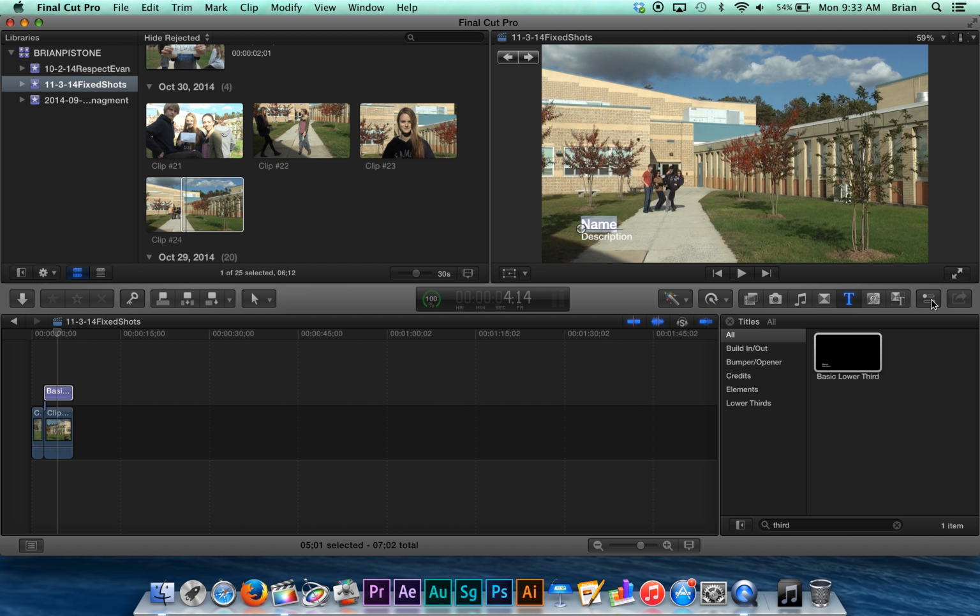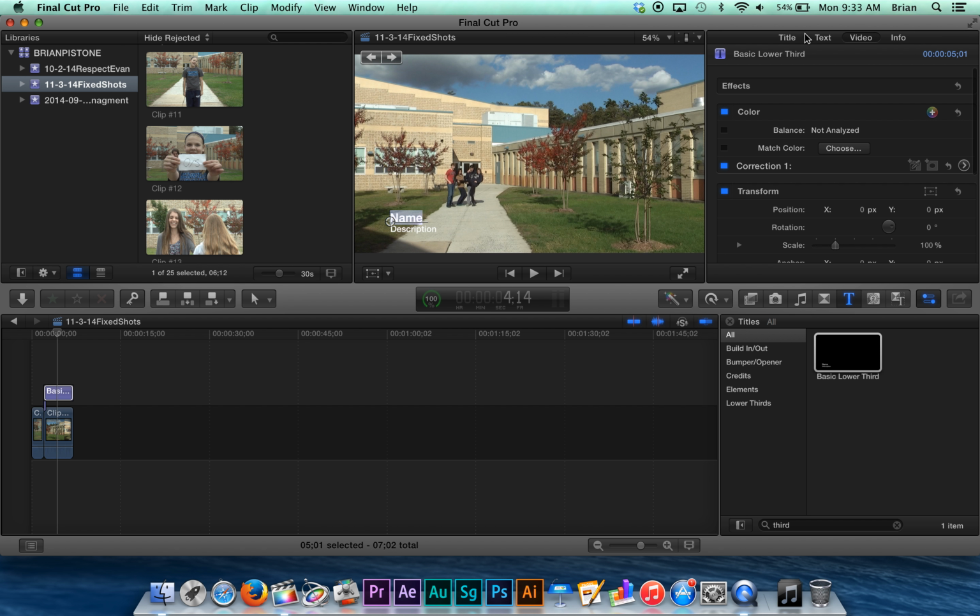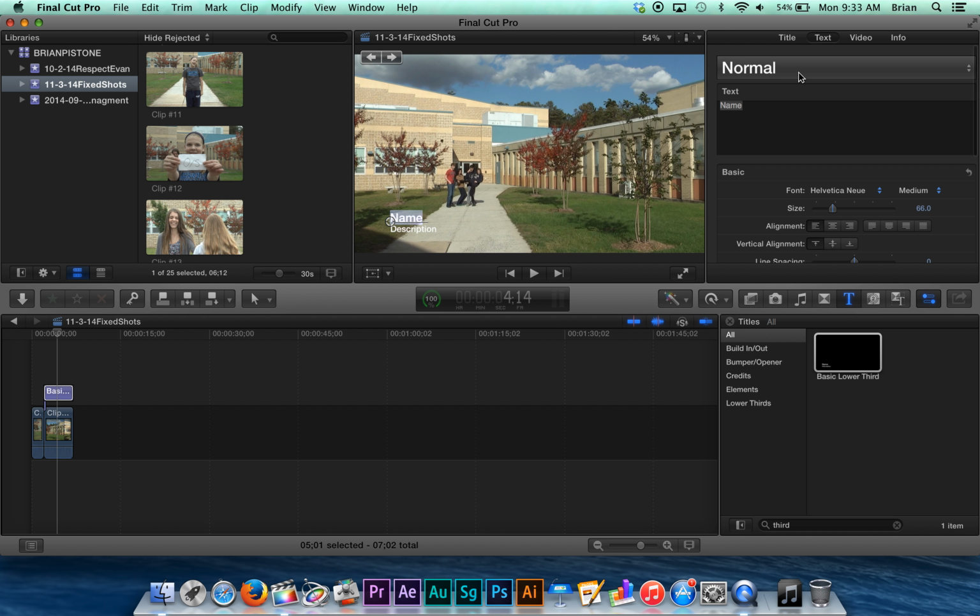Or I want to bring up my inspector. That's this icon. And now I would be able to see in the title kind of like what's going on, the text, and now I would be able to go in and change the text here. So this is going to be our ELS/XLS, and then you see it there, and I'm going to bump up this font size and make it a